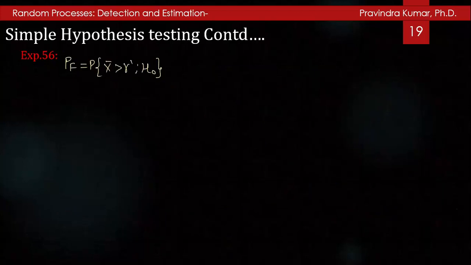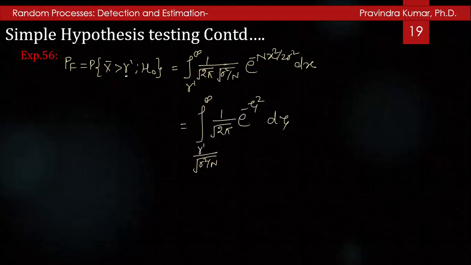And the probability of false alarm means the probability of the sample mean being greater than gamma dash when hypothesis H0 is given. So this means the integration from gamma dash to infinity of 1 upon under root 2 pi, and because the variance is sigma square by n, so under root sigma square by n, e to the power of minus n x square upon 2 sigma square dx, and I can write it as, integration from gamma dash by